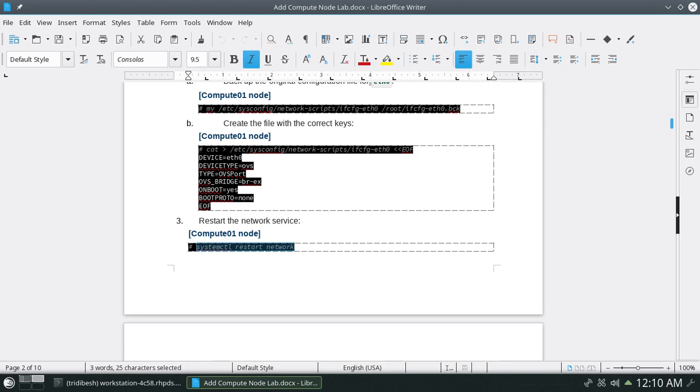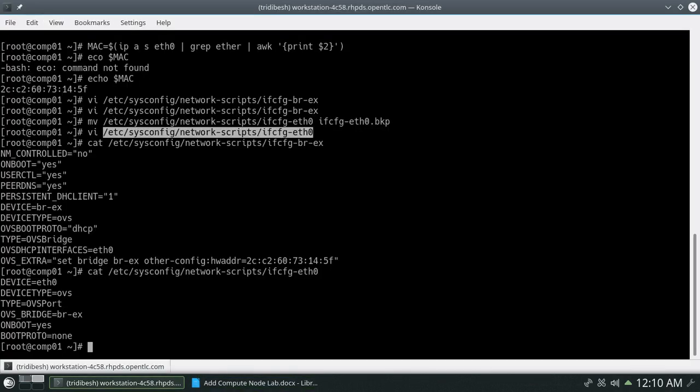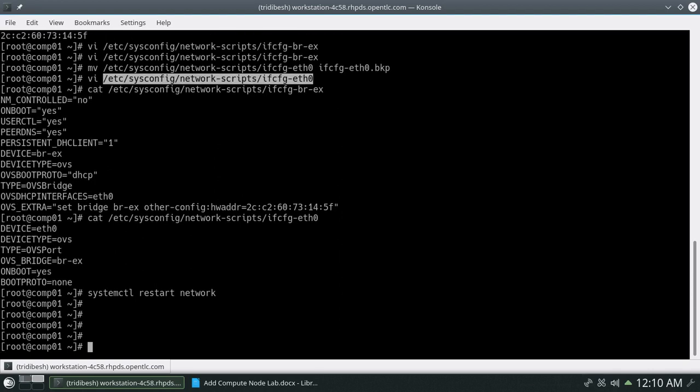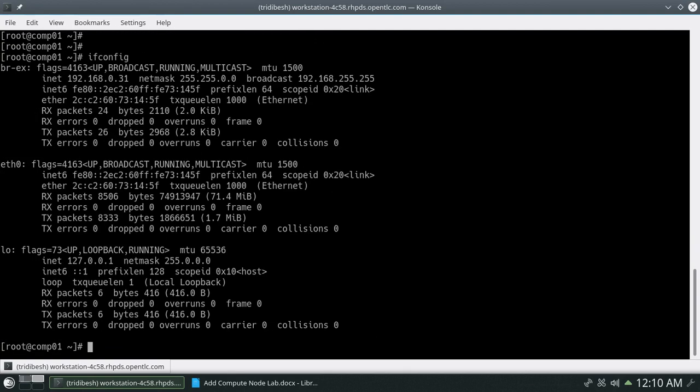So let's copy this and restart our network service. It may disconnect the session. We will reconnect to see whether it's been done properly or not. The network is restarted properly and we are able to connect to the server.